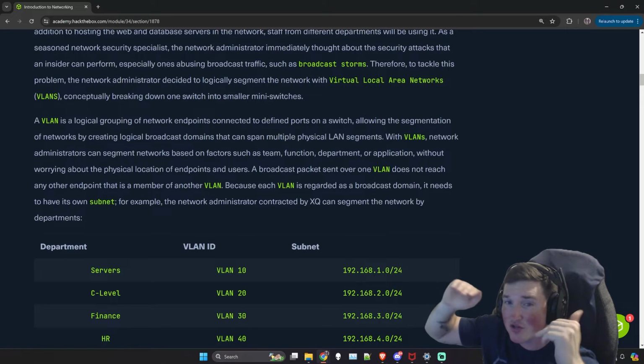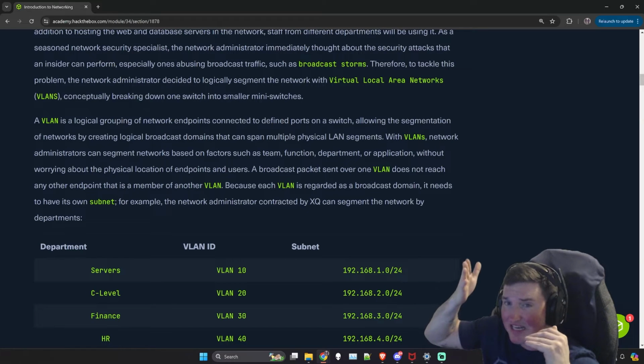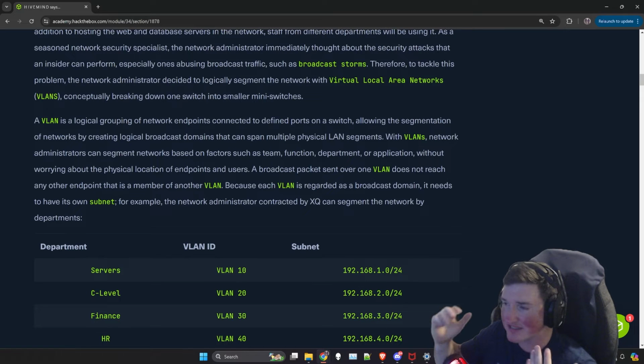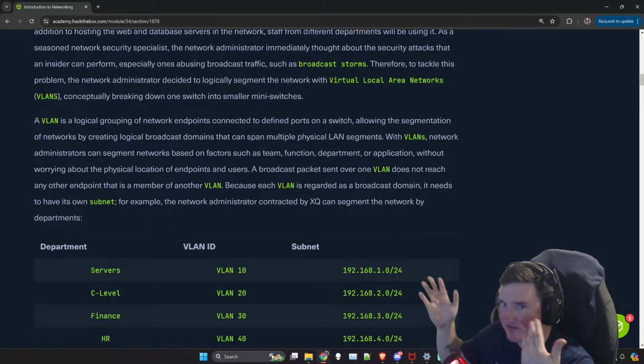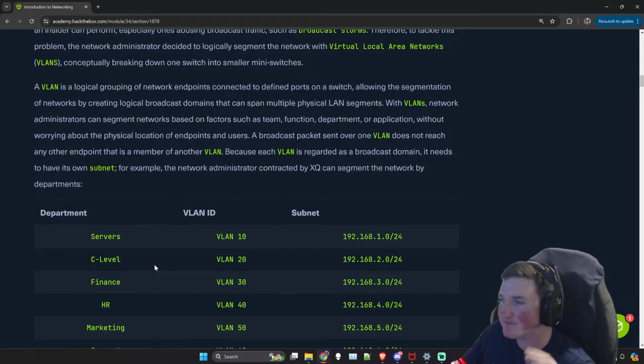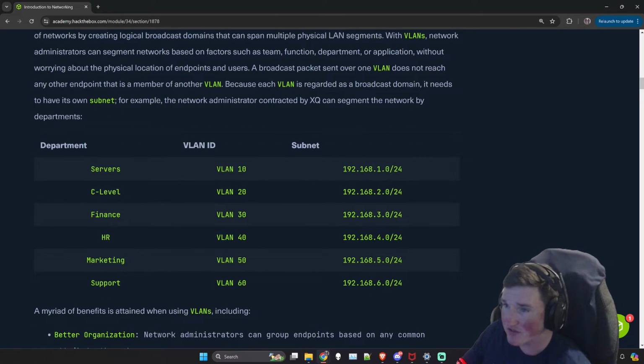Well, a VLAN allows you to do the same thing, but even if you're in the same physical location, I can take a switch and basically break them out virtually. I can say, this is VLAN 1, this is VLAN 2, this is VLAN 3, whatever, and keep them separate that way, right? That's great. They have their advantages and disadvantages, right? So here's a good example of it. Servers, they have all their servers on this VLAN, all their C-level executives on this VLAN, all their finance on this VLAN, all their HR, blah, blah.